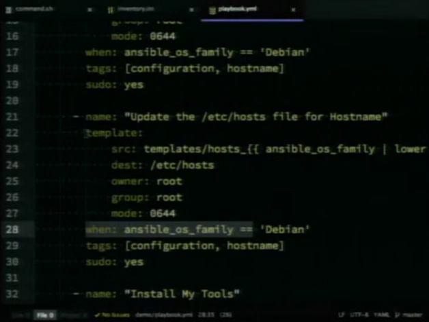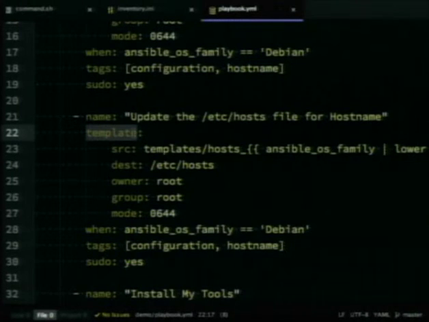Looking at this task, the module it uses is template. Anybody guess what template does? Okay, I'll tell you. Template takes a template, puts in the values that you have configured in the form of variables, and then saves that template to where you tell it to. So we're using a template from the templates directory. We are saving it. The destination is etc hosts. And the template module allows us to set the owner and the group and the mode. There's actually an amazingly well-documented set of modules that are the core set of modules for Ansible. I say amazingly well-documented.